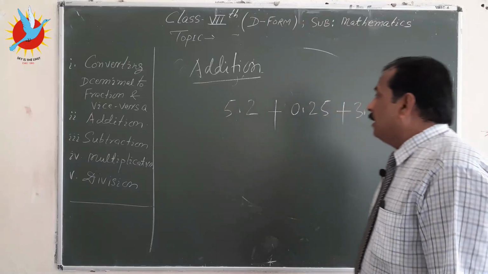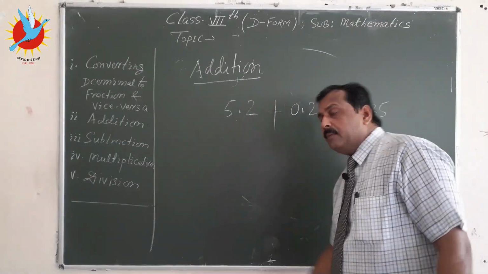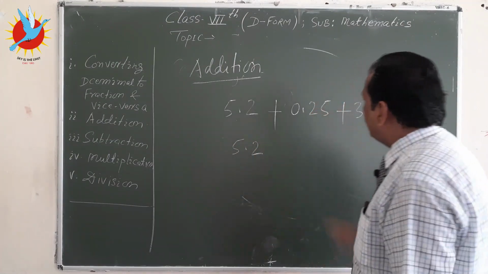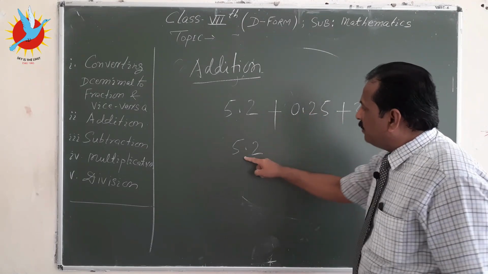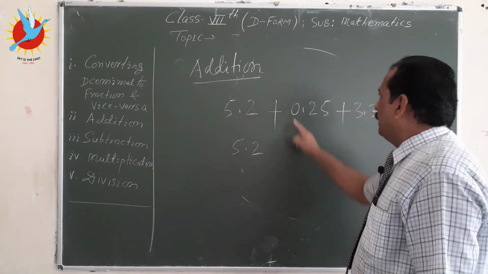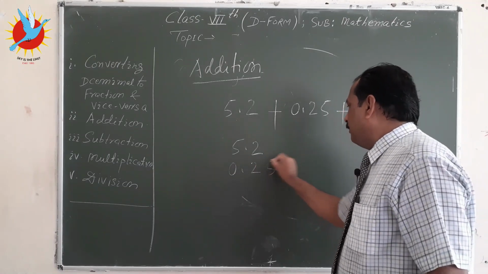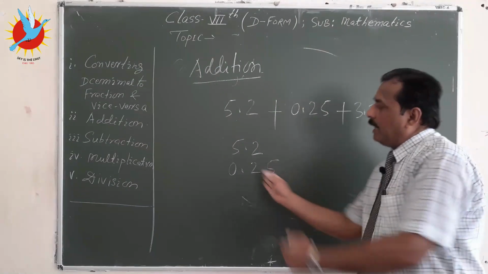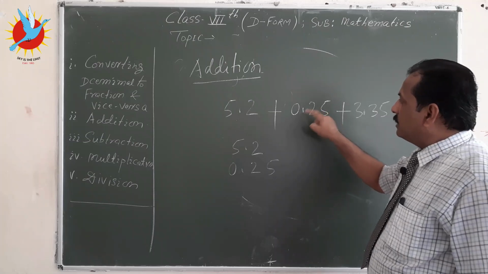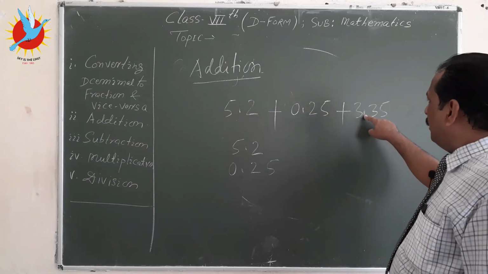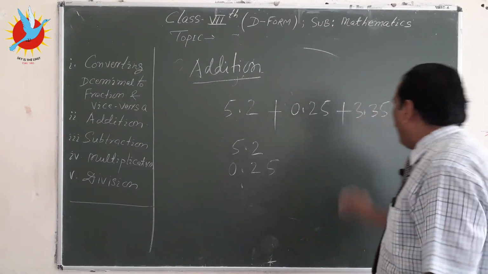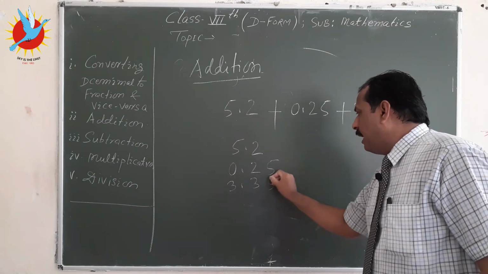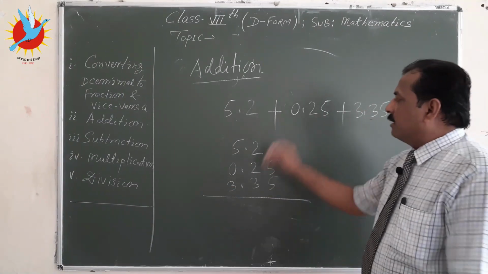So how to add it? The rule is that decimal has to be just exactly below decimal. So write first decimal number 5.2, and then 0.25. So this point should be exactly below this point. Then this is 0, and then this is 25. So you do not need to think about left hand side or right hand side. First, you have to coincide this decimal. So, where is the decimal? Bring this decimal below this decimal, and this is whole number part, this is 3, and this is fractional part, and 3, 5, and do the addition just like simple addition.